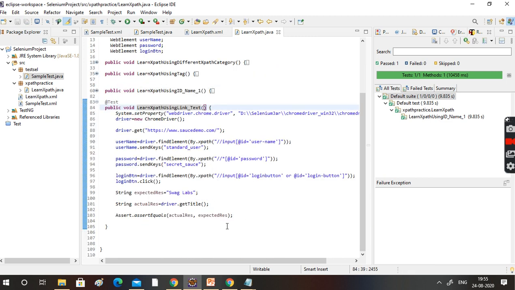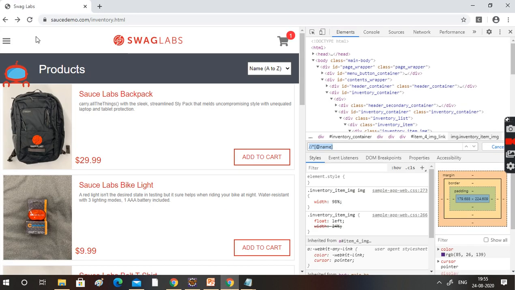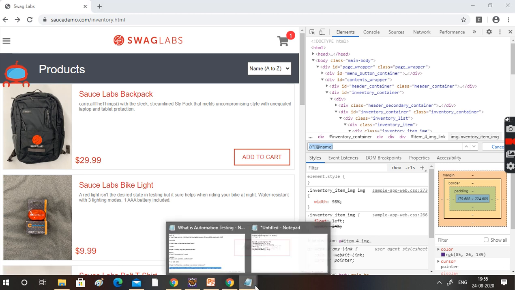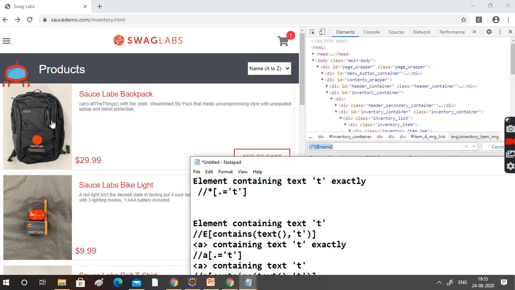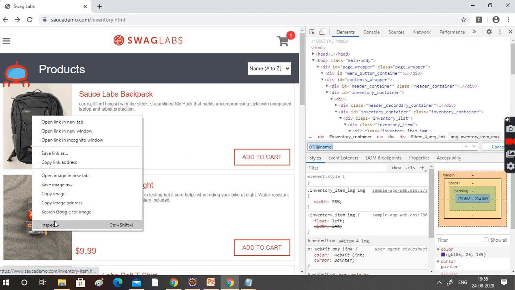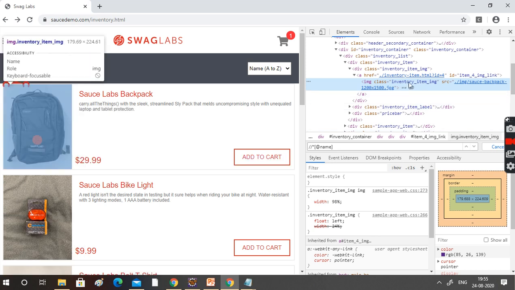Here is what we did actually. This is the normal way. We are entering the username and password. After that, this page is coming. Here I want to click on this particular bag. How can we do that? First of all, if I want to click on this, I want to identify that. How can we identify? Just right click, inspect, and go here.